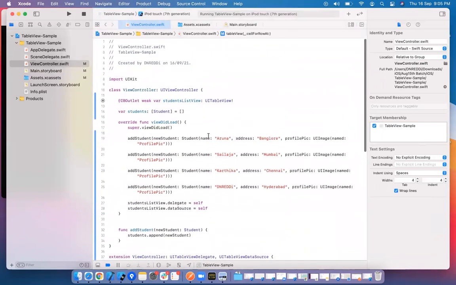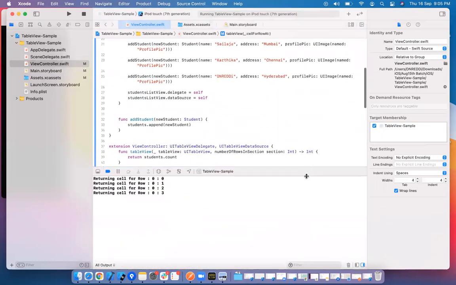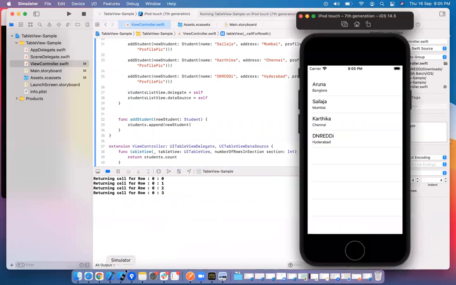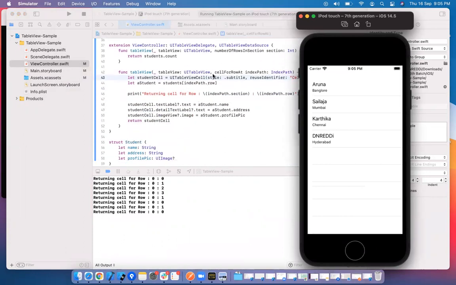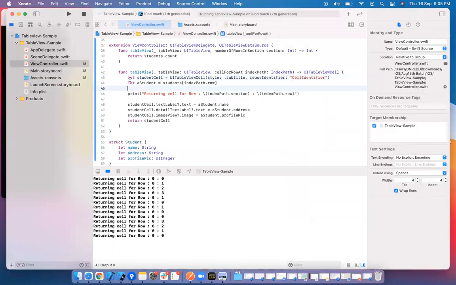And one more thing is, when you scroll up and down, what is happening? Again the cellForRowAt method is getting called. If you have 1,000 cells and you scroll up and down, almost 2 or 3,000 cells will be created. Means unnecessarily we are piling up the memory.